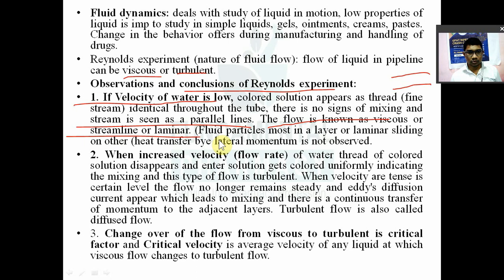Most of the fluid particles move in layers, parallel to each other. The fluid particles are in a layer or lamina, sliding on each other, and heat transfer by lateral momentum